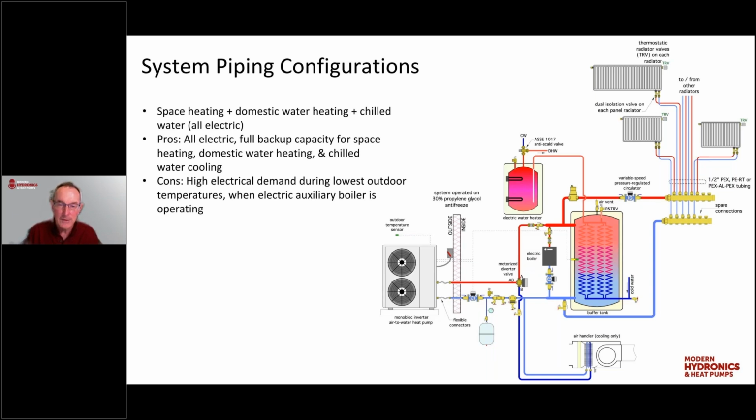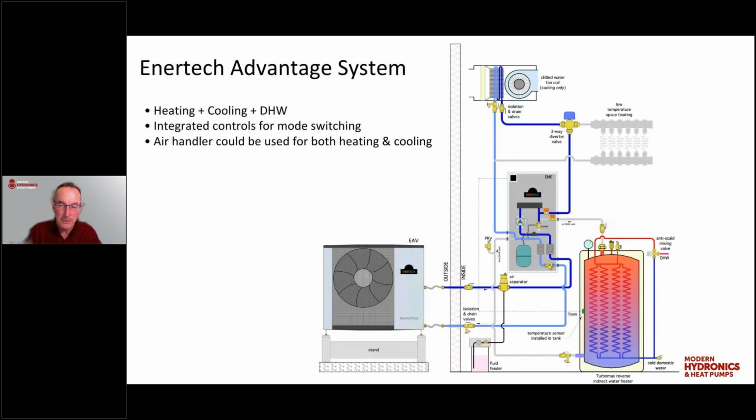But I want to compare that now to, again, Enertech's approach. Many of those components are already consolidated into this cabinet. So the thing I like about this is we know the engineering was done correctly, we know the assembly was done correctly, and it's going to save a lot of time in the field. Essentially, this is going to be mounted on the wall, and the majority of the work is going to be